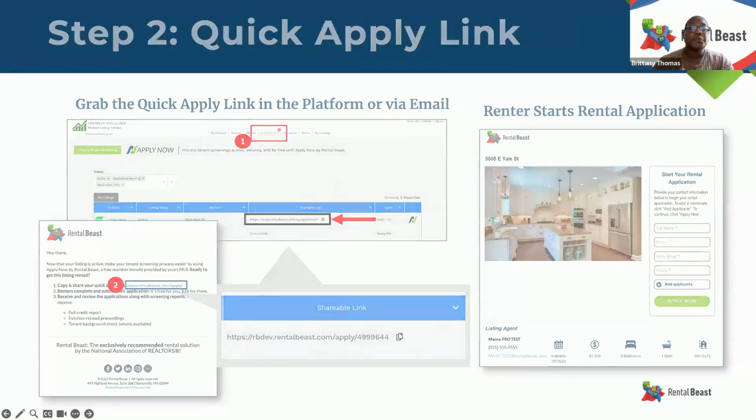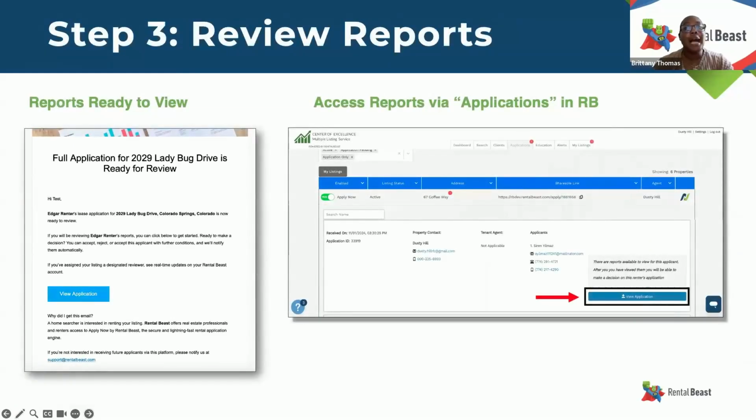to the listing. Once they do apply and they complete the actual application, when the reports are ready, the listing agent will get an email that says view the application. Again, you're always going to be guided inside of the actual platform to view applications. So if you are on the road or for some reason you can't get inside of the system at that point in time, or you're just too busy, or whatever the case may be, if you reach out to Rental